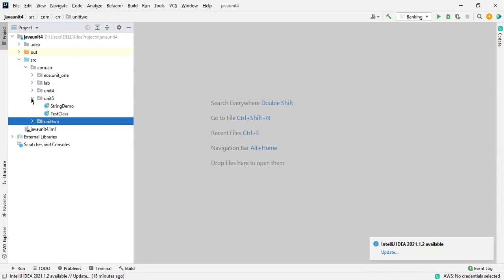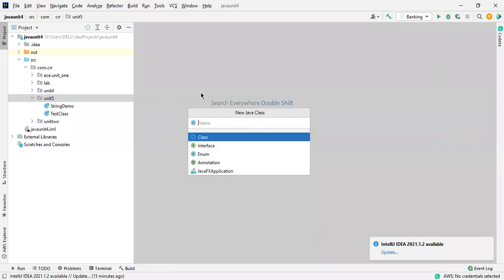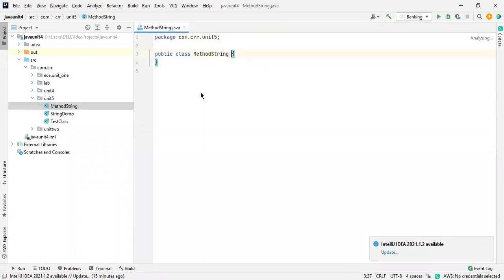So here, unit 5. Let me take a class. We're going to discuss the methods of String, and I mention just the name itself. A class name always starts with a capital letter. Every time I'm supposed to tell you, if there are two words inside the name, we need to start each with a capital letter. Remember this one. This is also a capital letter. This is how the coding standard follows.